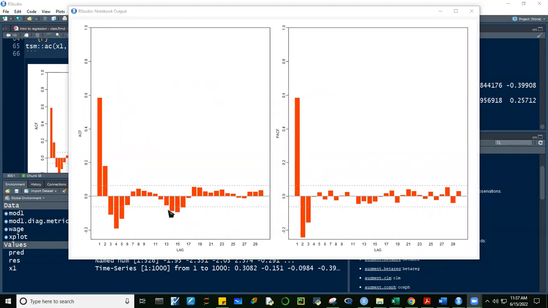And then here there are more at 13, 14, 15. So it's really hard to specify if this is an MA process, no? Because it looks like a slow decay too, no? But no, it doesn't look like slow decay. So this is indicative that this might also be an MA process. So significant spikes at the ACF and the PACF lead us to conclude that this could probably be an ARMA